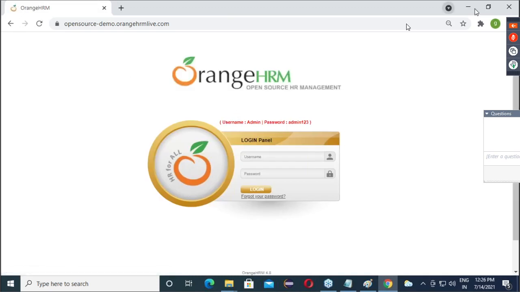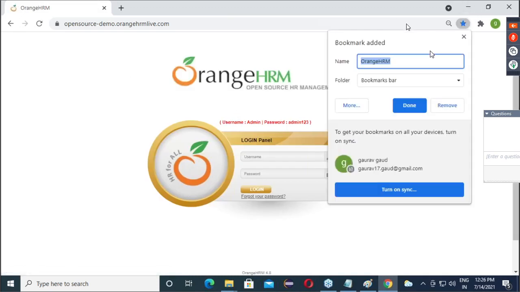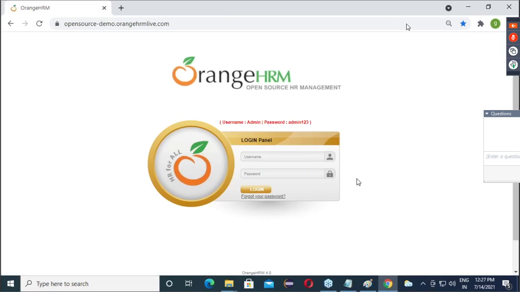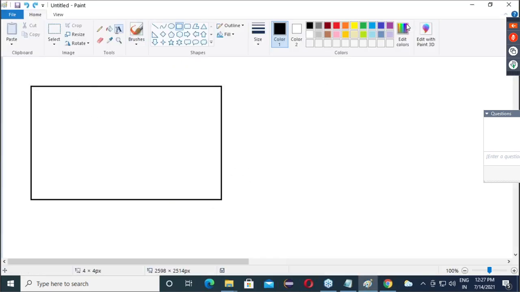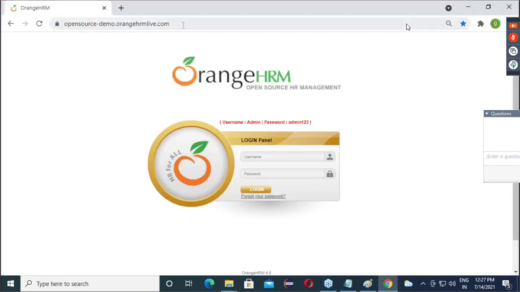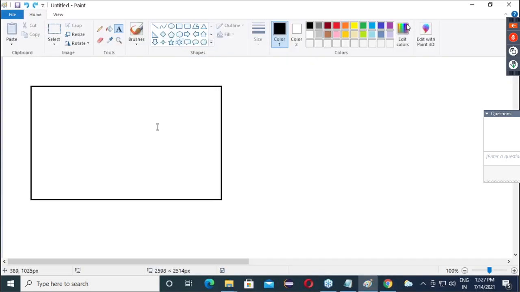I will add this as a bookmark: Orange HRM. Done. So now this is the website. Here we are having username, password, login. Right now my focus is here only. Okay. So now guys, here we will have this URL.